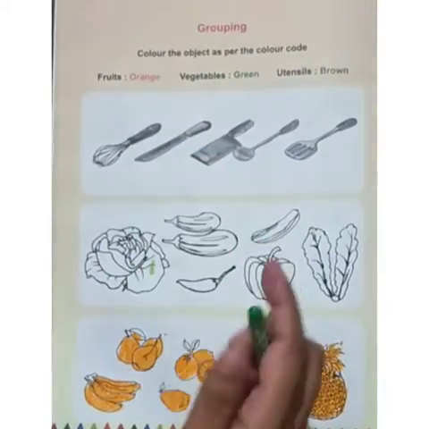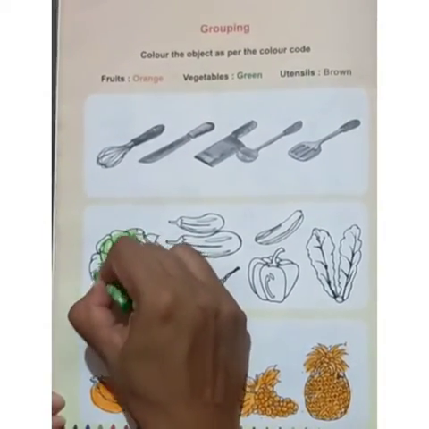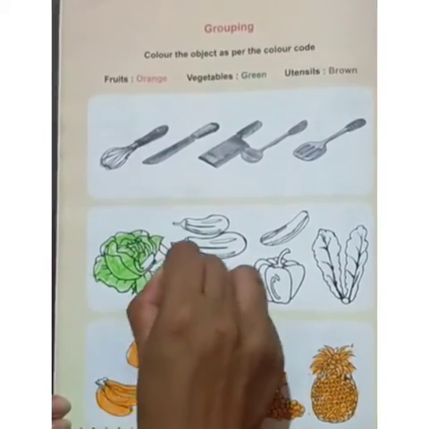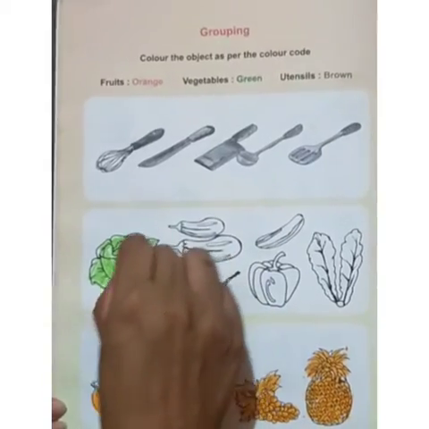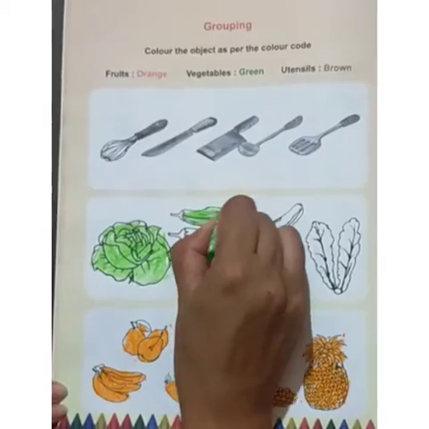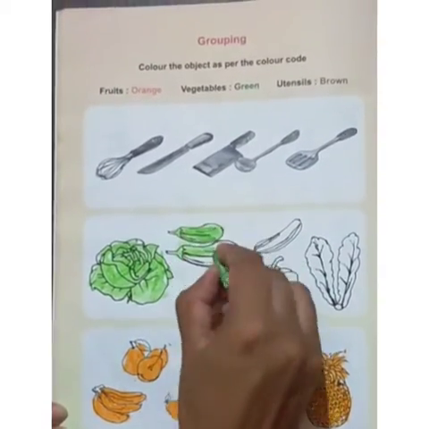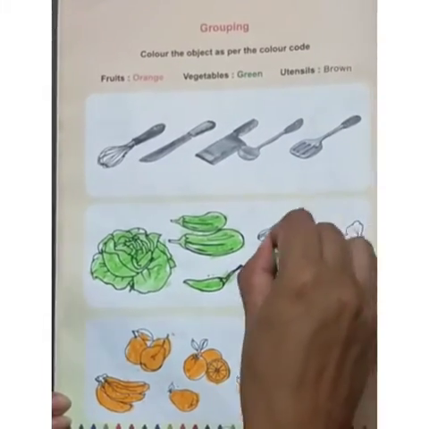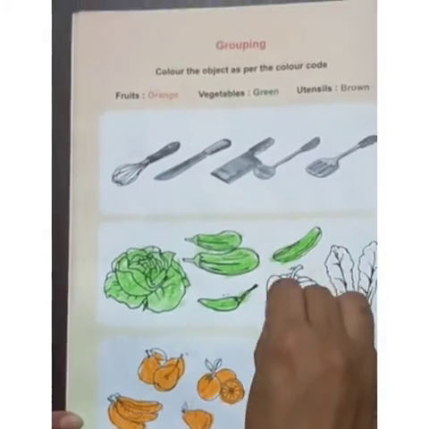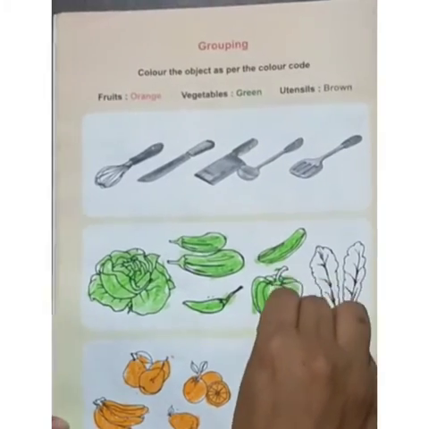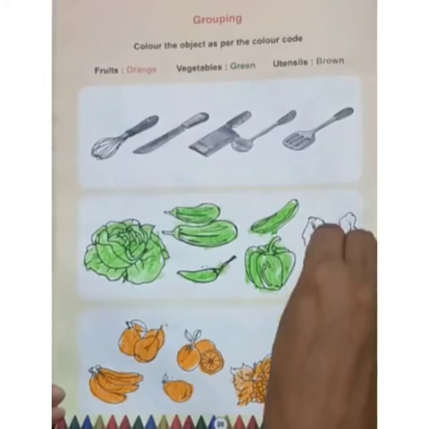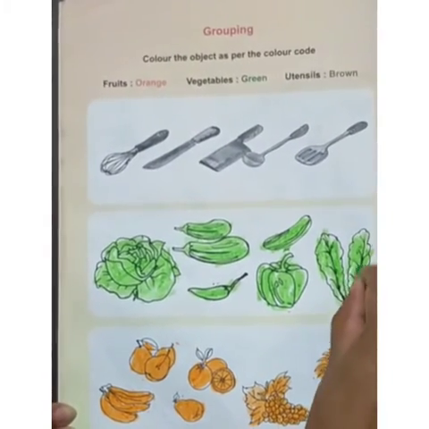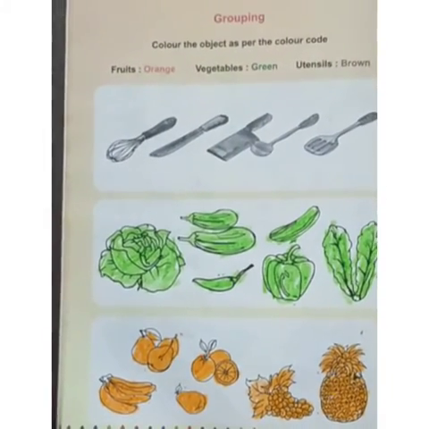Now let us color vegetable with green. Now let us color with brown.